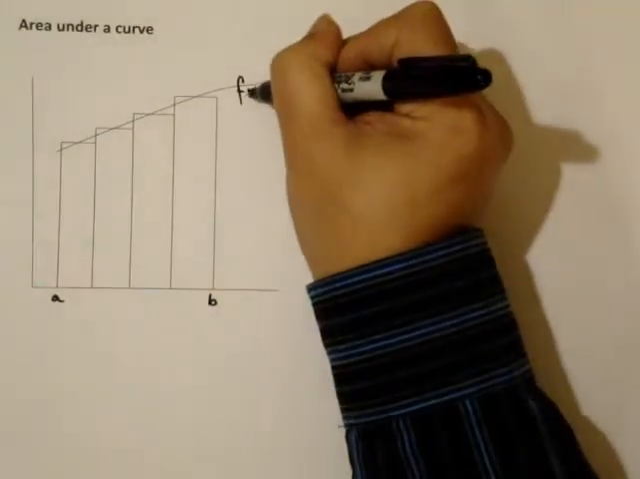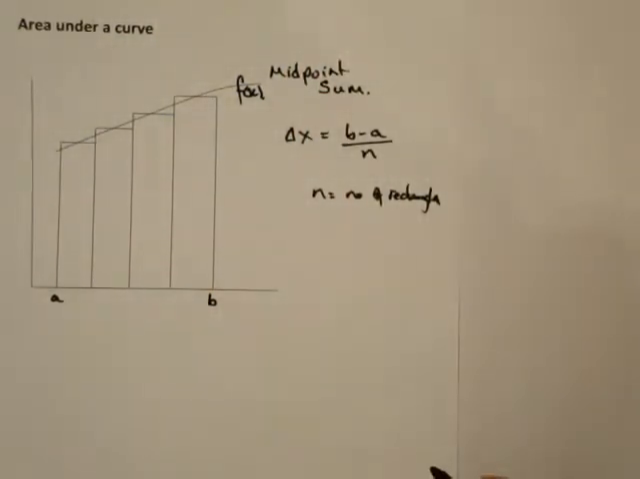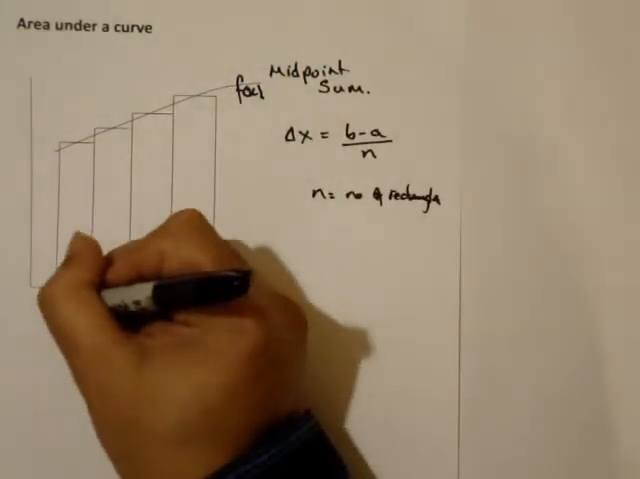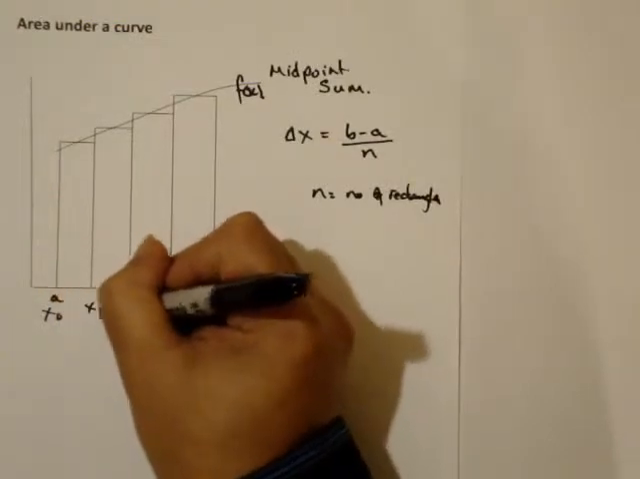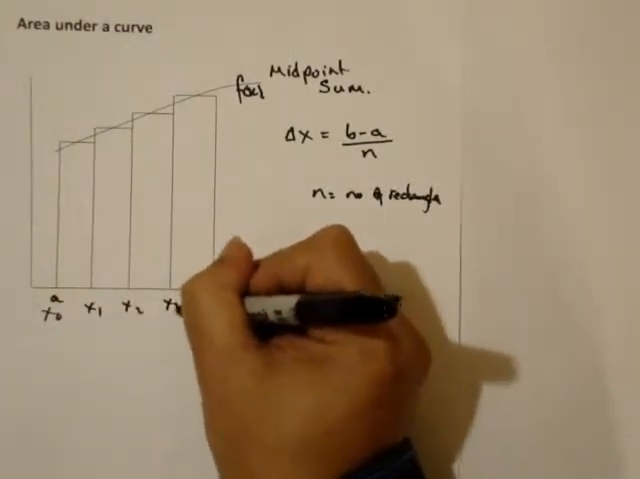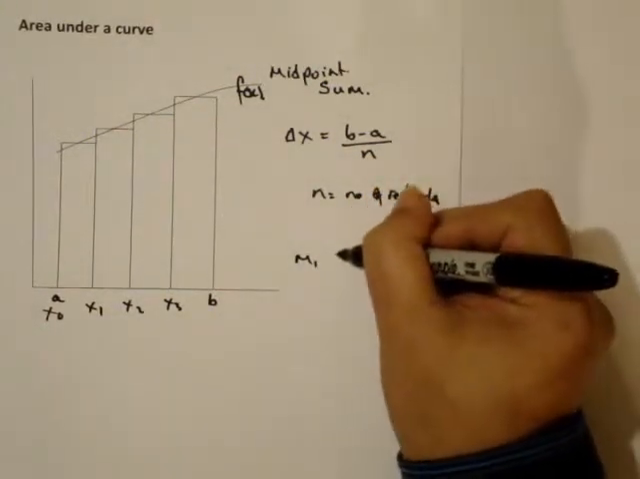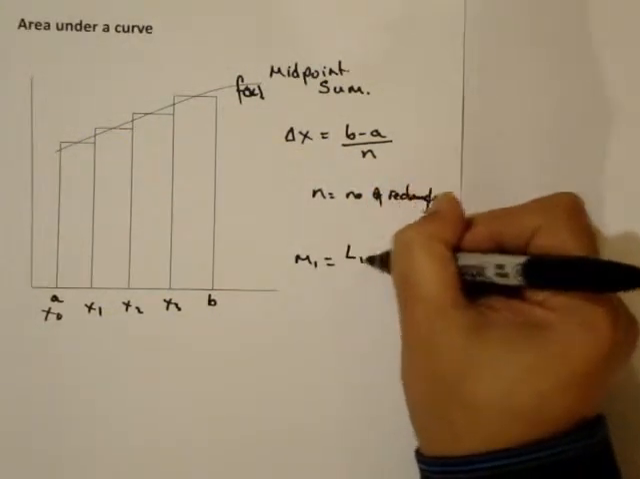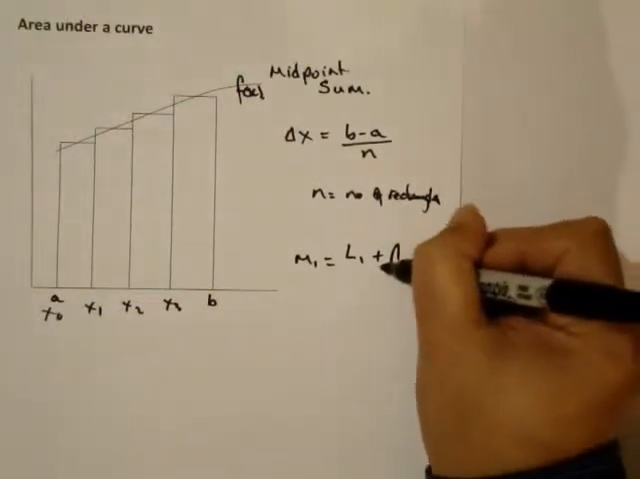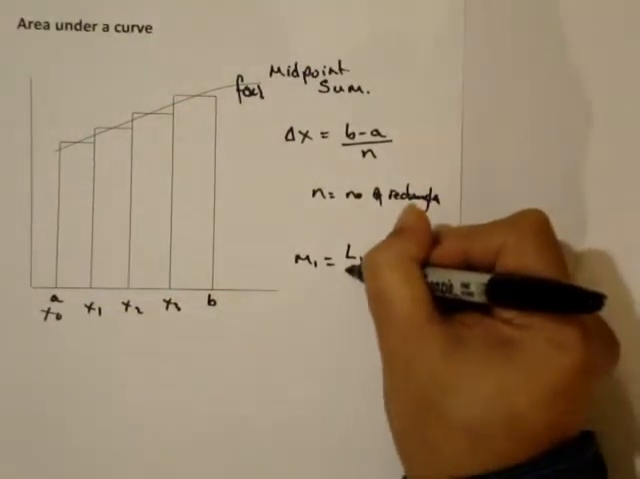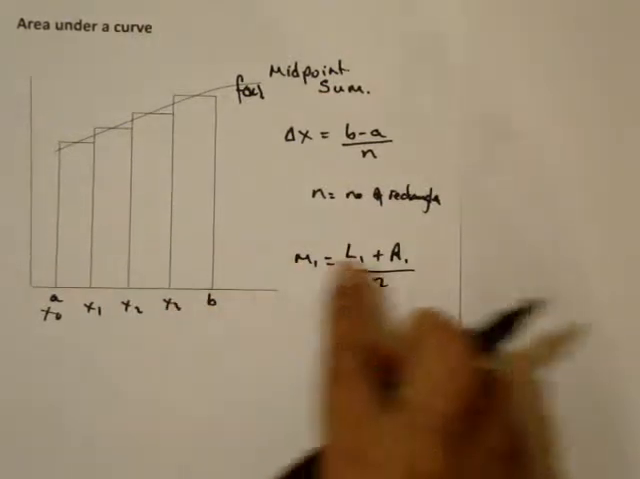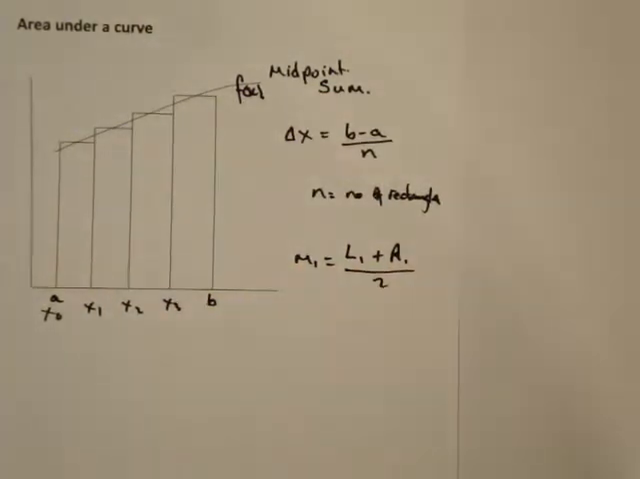This is f of x. Here we have x0, x1, x2, x3. And what we use is the midpoint formula, which is L1 plus R1 over 2. So it's the left hand side plus the right hand side divided by 2, and we substitute that into our formula. So we would get